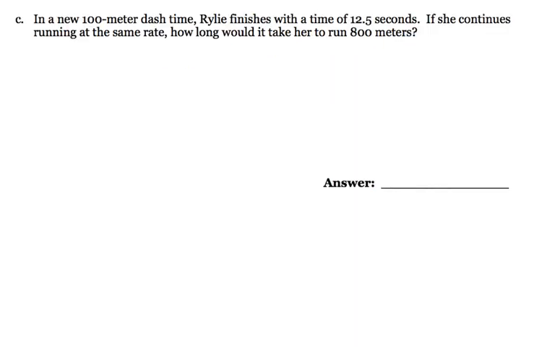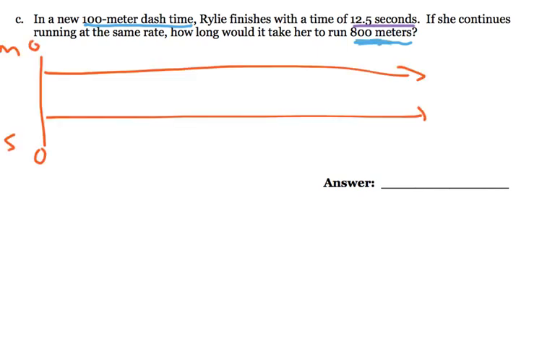Whew, I got carried away. Sorry. This last problem says, in a new 100-meter dash time, Riley finishes with a time of 12 and 5/10 seconds, or 12.5. If she continues running at the same rate, how long will it take her to run 800 meters? I can tell already that this ratio problem is not going to be too hard because my starting ratio is going to have a 100, and that's going to go into what we want, 800. So our starting ratio is 100 meters and 12.5